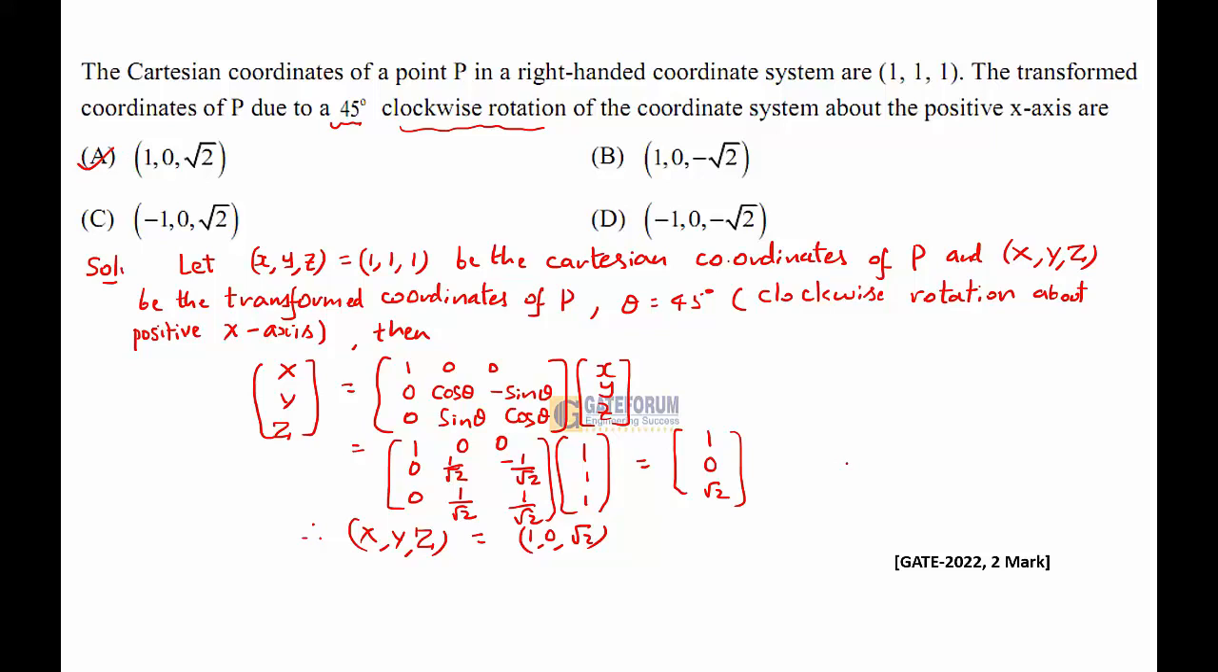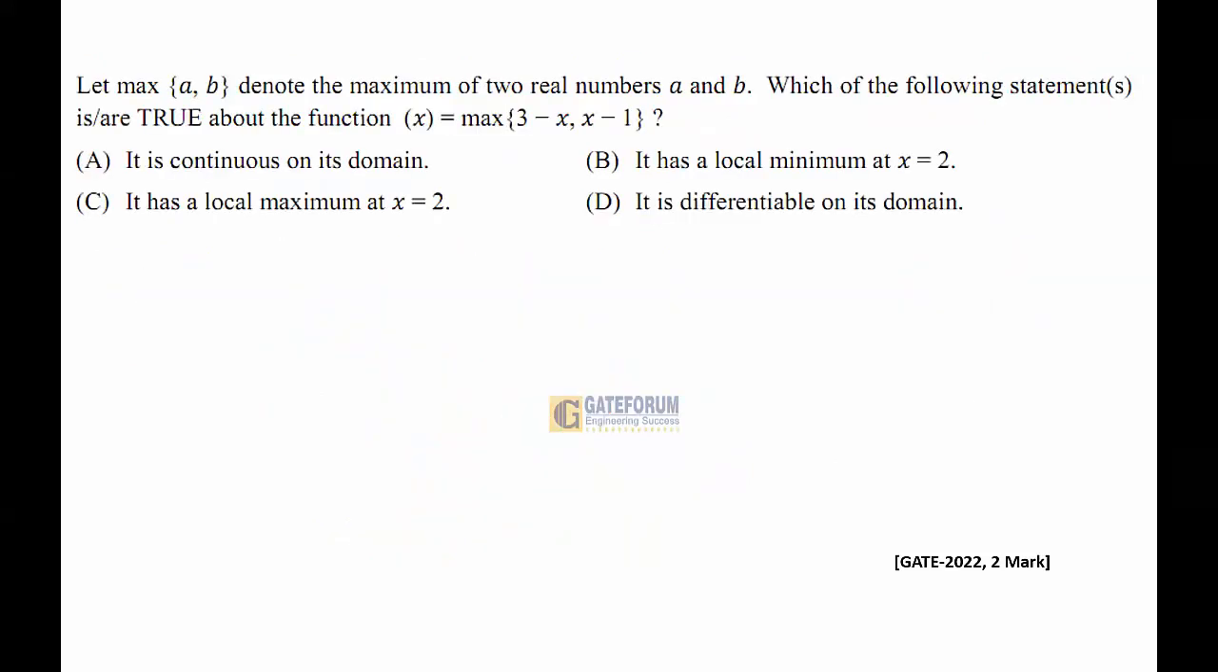This is the end of the question. The next question is: let maximum of a comma b denote the maximum of two real numbers a and b. Which of the following statements is true about the function f of x equal to maximum of 3 minus x comma x minus 1? This is from engineering mathematics, from the topic calculus, subtopic maxima and minima. The solution is,